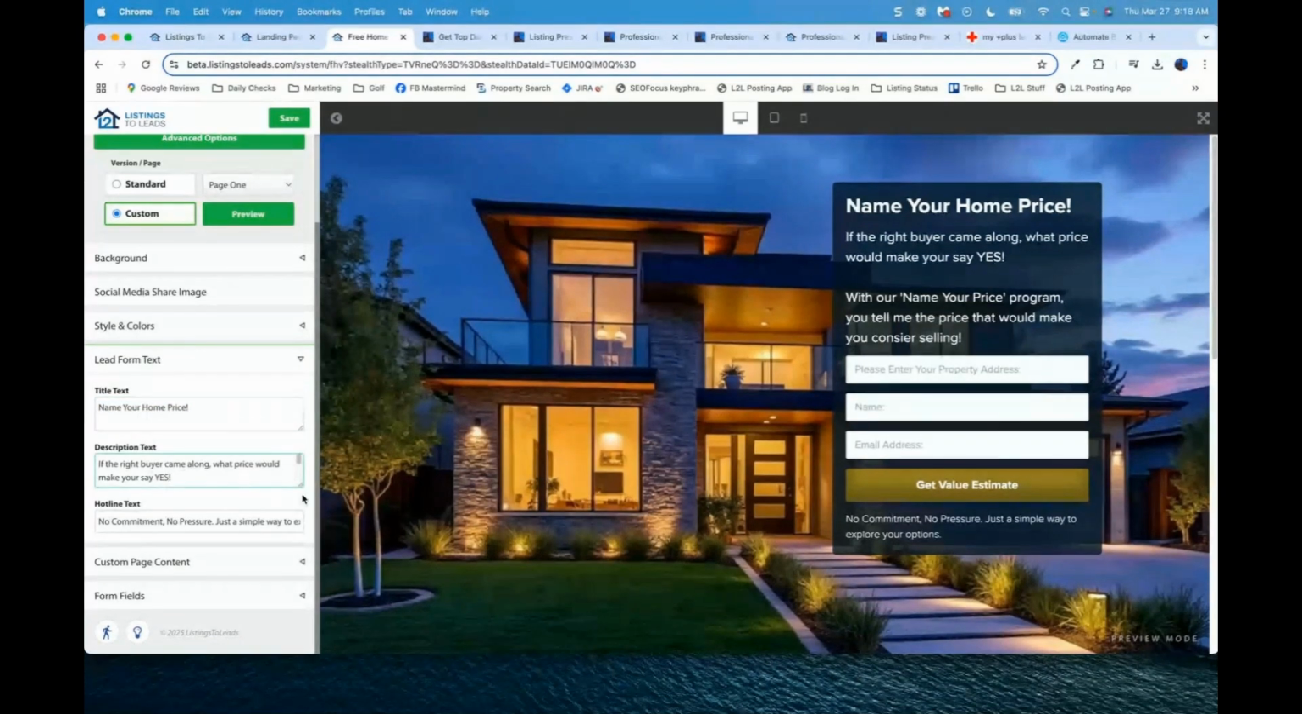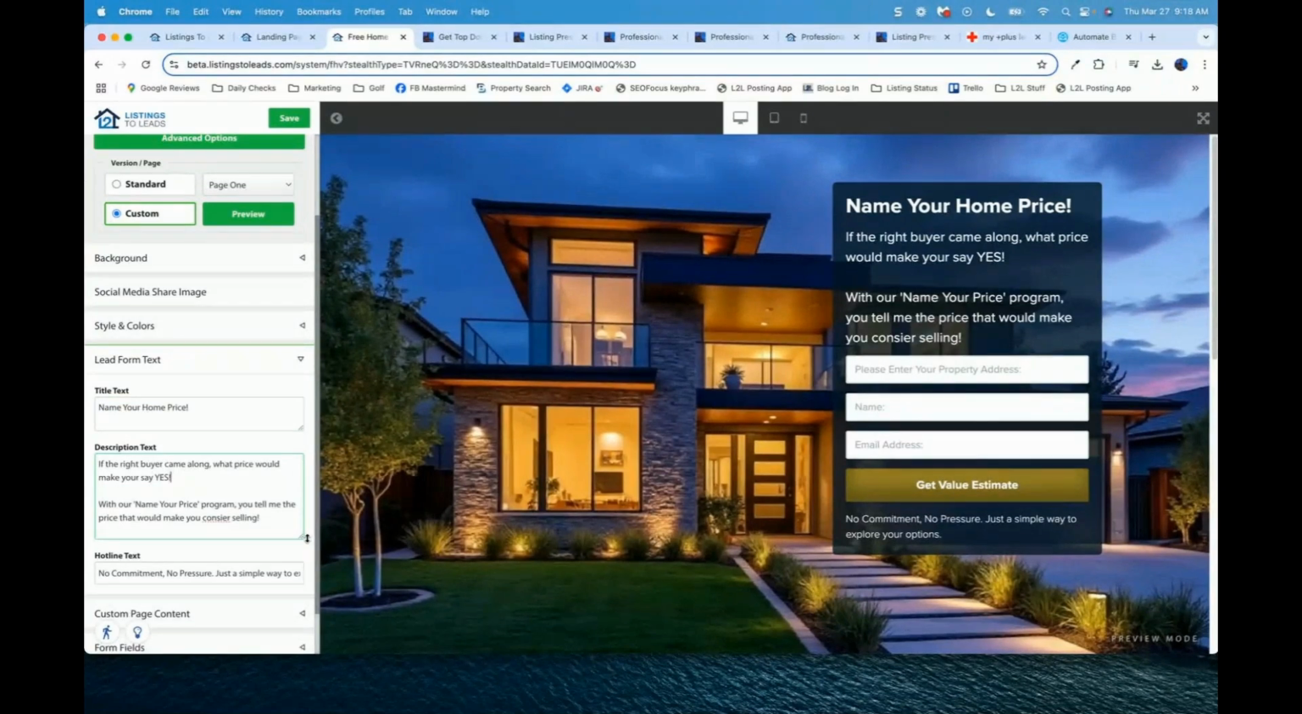And you can copy and paste into this. So for example, if you see another landing page or maybe you've got another landing page, you can just copy and paste into here. If it's a listings to leads landing page, you can literally duplicate it. So here's the text below the headline, right? So if the right buyer came along and you can see that text over here,